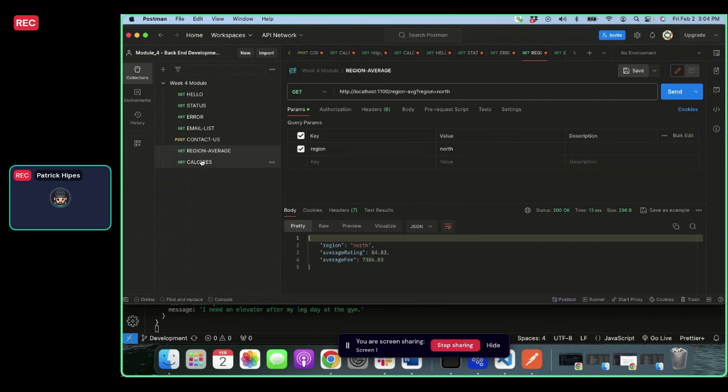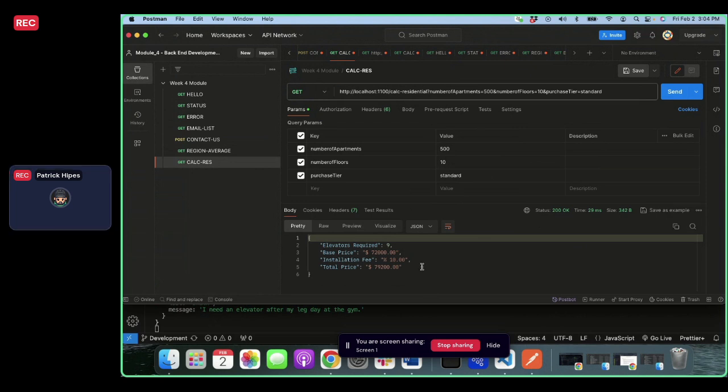And then the very last function, we created a calc-res function based off of math that was appreciated earlier on by the clients in week 2. So based on the values that the customer would actually input on the quote form, we will then generate a response that gives them their base price, the installation percentage, the total price altogether, as well as the number of elevators they need. So to demonstrate this,